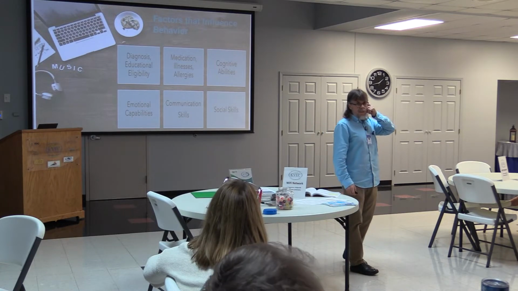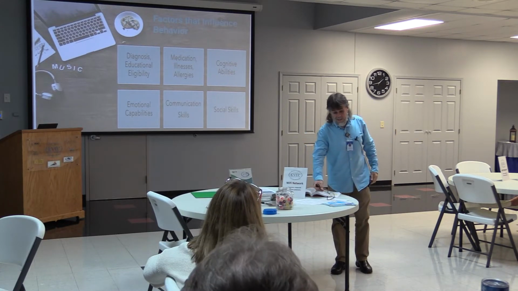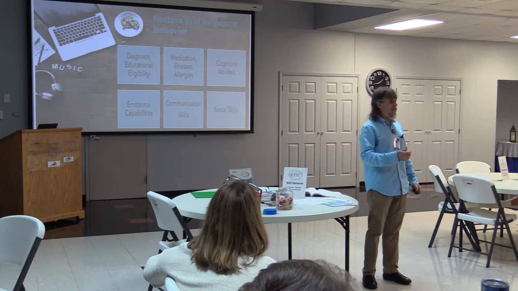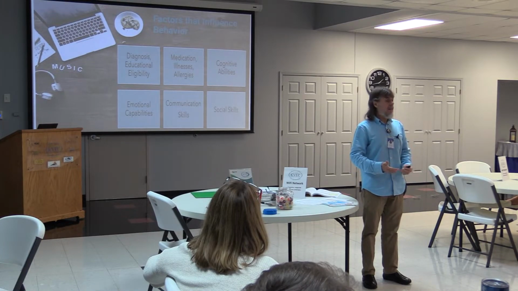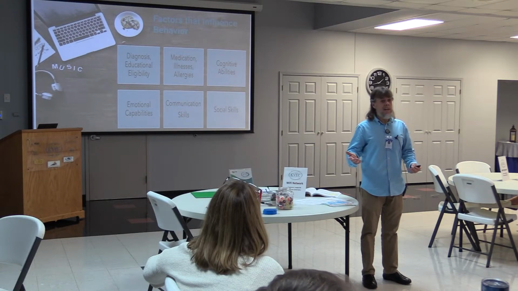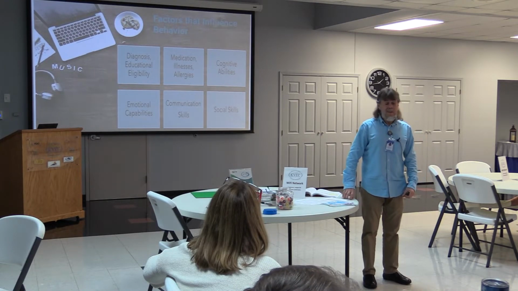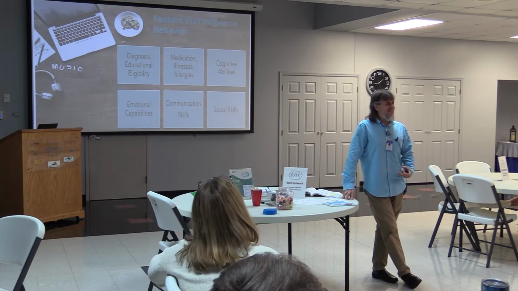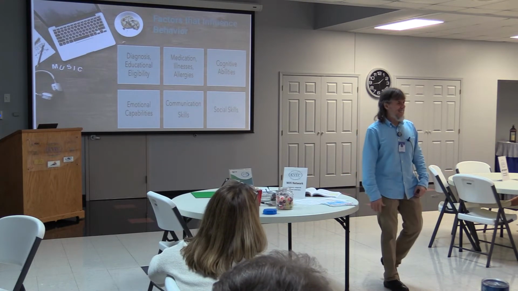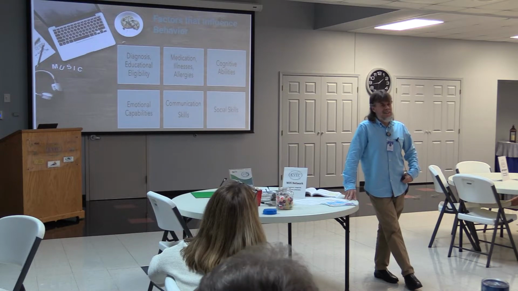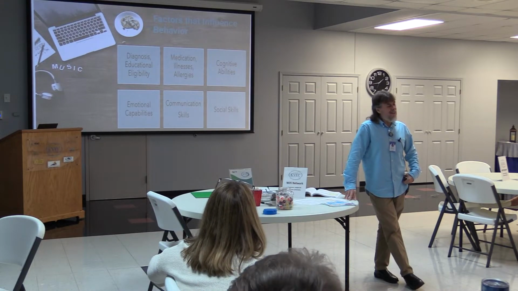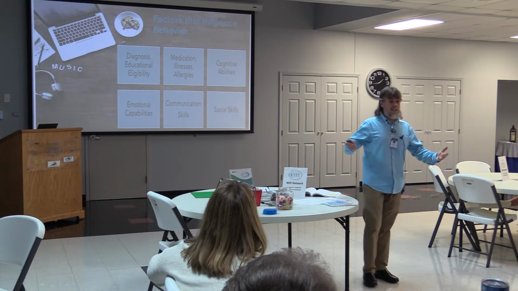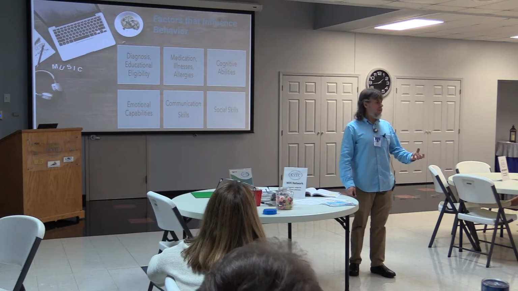Emotional capabilities, you know, some kids can handle anything because they've been through a lot. All the traumas that they've seen, all the adverse childhood experiences they've had, they can handle anything. Other kids cry at the drop of a hat. I'm like that kid. I get torn up over every little thing, easy. I know I look big and bad now, but I do. I get torn up. Little puppy videos, oh, it's so sweet. Get bad news, oh God, what am I going to do? Somebody said, well, you look, oh yeah, I get torn up easy. And some of our kids are that same way. And some of our kids, like I said, can handle anything. So what are their emotional capabilities?